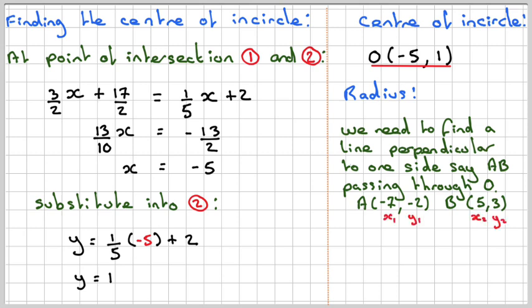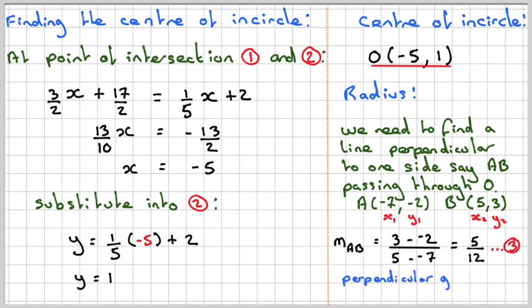And we're going to find the gradient of AB, which is (3 minus 2) over (5 minus minus 7), which will give me 5 over 12. We'll call that m. And the perpendicular gradient will be minus 12 over 5. Okay, so the equation of the line through O with gradient minus 12 over 5, which is that perpendicular that we're dropping down,